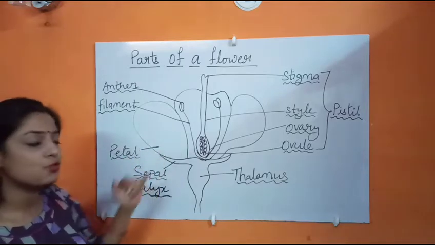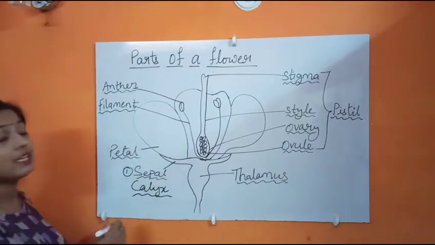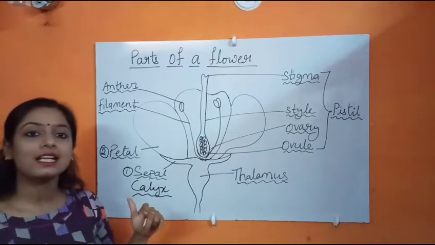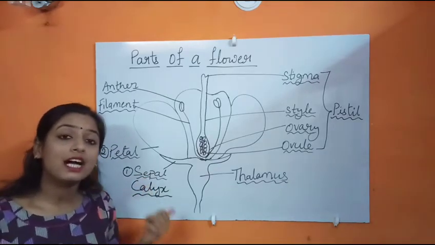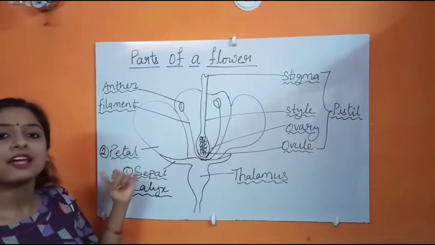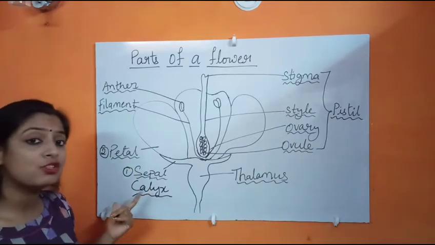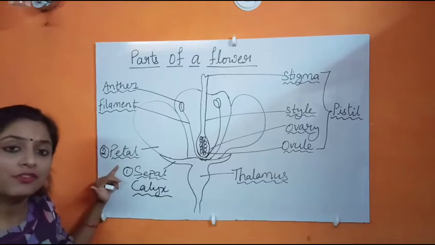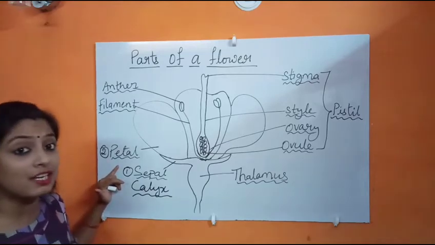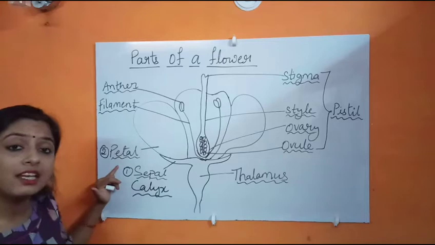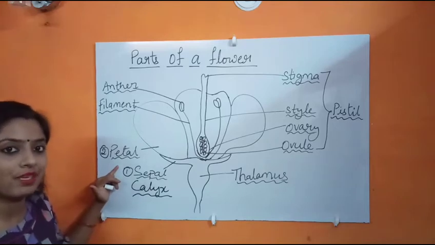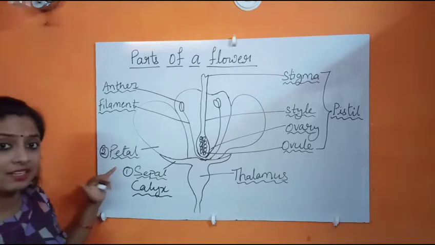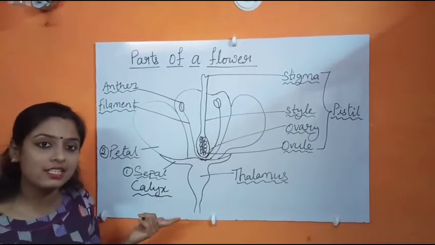Moving on to next one. Number one is sepal. Second one is a petal. Petals are colorful. Some petals are white also. Colorless petals are also there. But usually we can see colorful petals. Flowers, you all must have seen, flowers are colorful. So why are they colorful? क्यों colorful होते हैं? They are colorful, that is why they are attractive. वो attractive होते हैं, colorful होने की वजह से ही तो flowers are attractive.